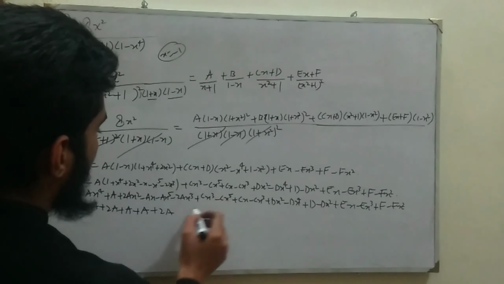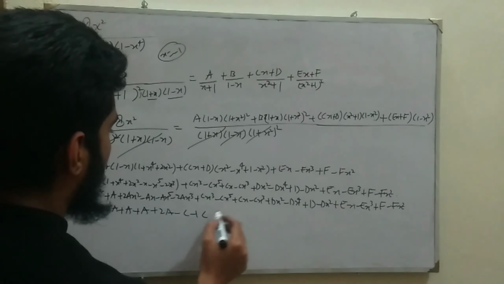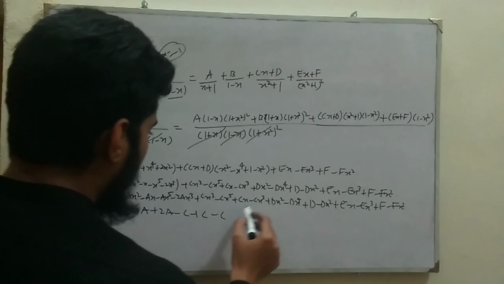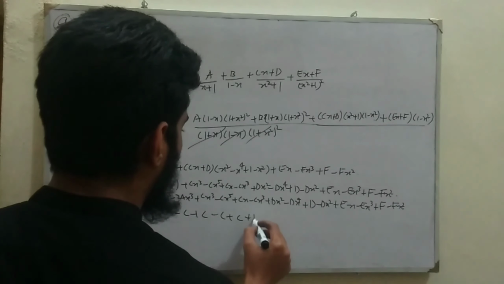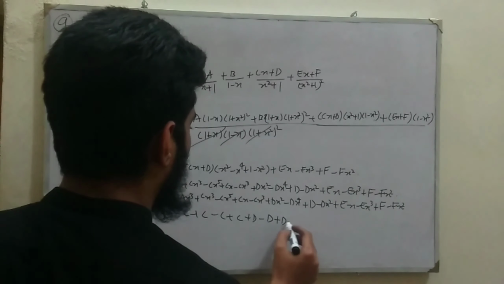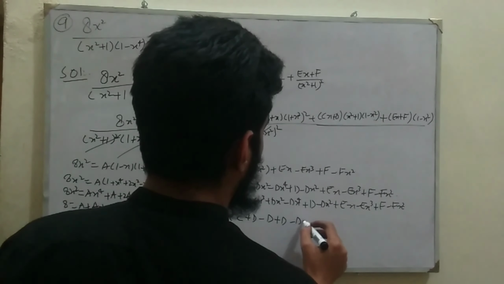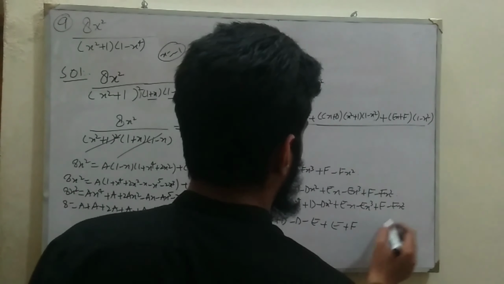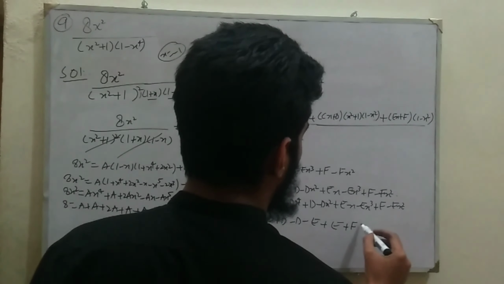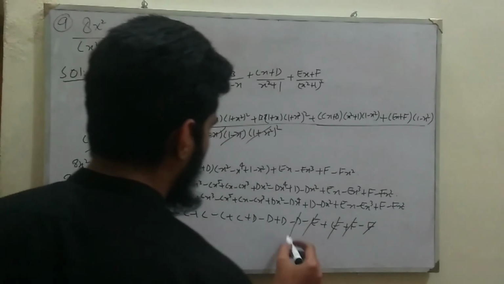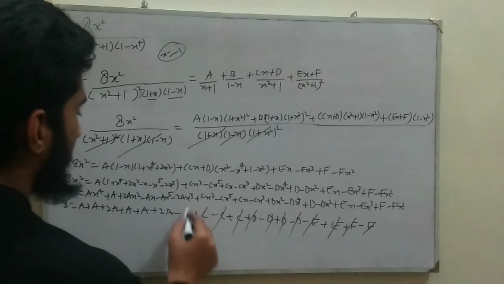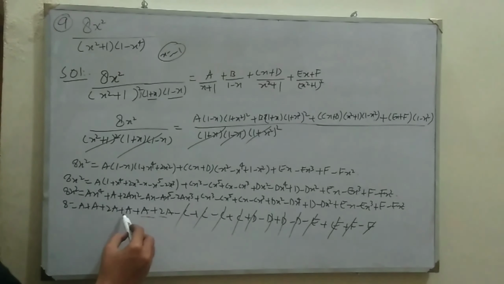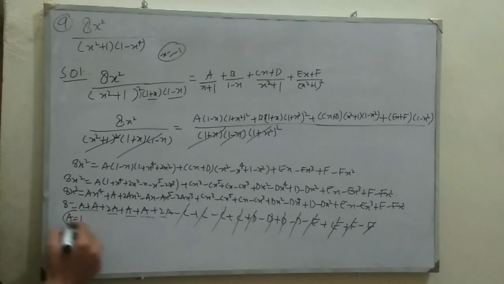By putting x is equal to minus 1, it becomes minus 2c, plus c, minus c, plus d, minus d, plus d, minus d, plus minus e, plus e, and plus f, it gives us by putting x is equal to minus 1, minus f. So minus f plus e minus c minus d plus d minus d plus d plus c minus c plus c minus c, 2a plus a, 3a plus 4a, and 6a, and plus 2a, it gives us 8a is equal to 8, so the value of a is equal to 1.